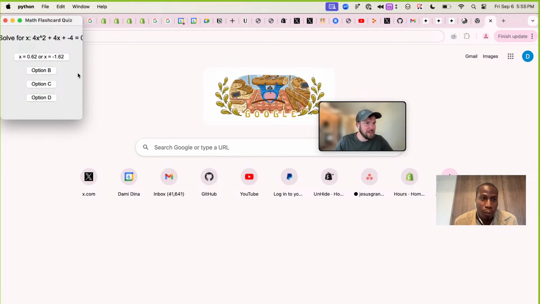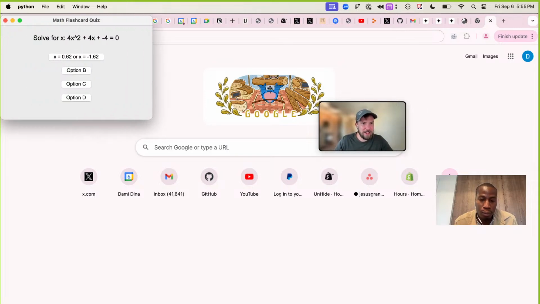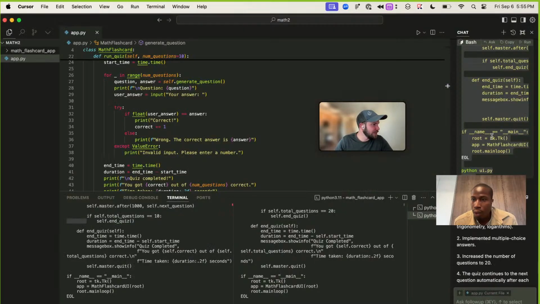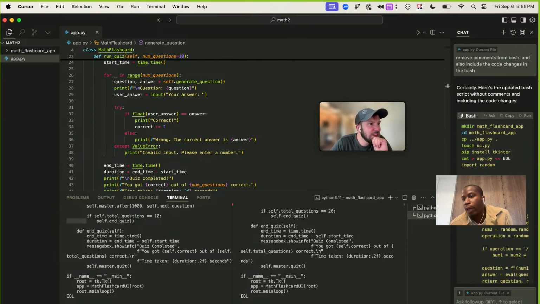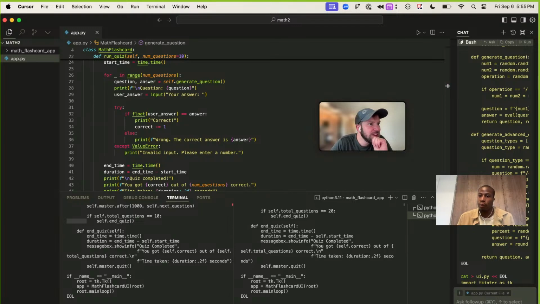Wait, so cool. Is that bash script a way to create the little Mac app right there? Is it a copy-paste of the code? Yeah, this is Python, and all Bash is doing is, with Bash you can do a lot of concatenating or whatever else. This is just writing stuff to my file. Oh, so you're using it to actually write. That's really cool. I'm just being lazy. Yeah, I like that though.